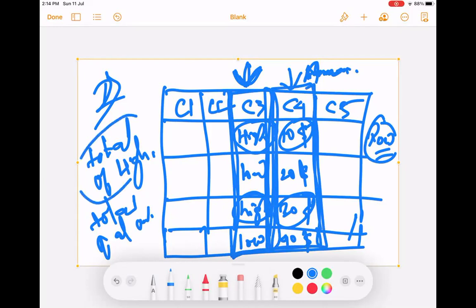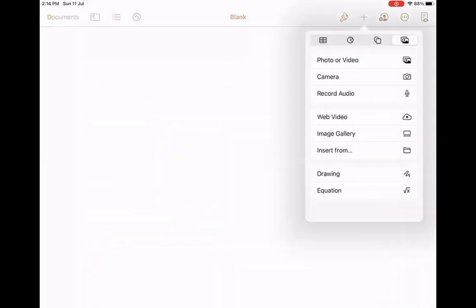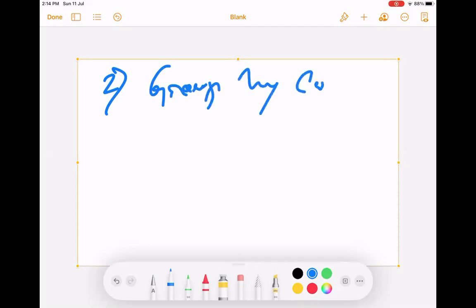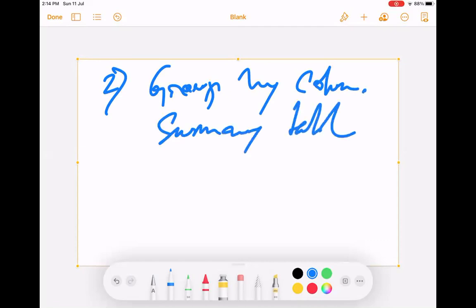When you do a summation, you will have a subtotal for each group, and then there will be a grand total, right? So this kind of table is called a summary table. So group by column will be a summary table. Second form of table. What is the third form?